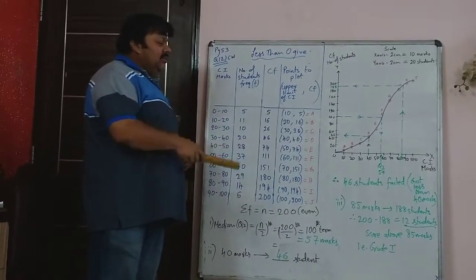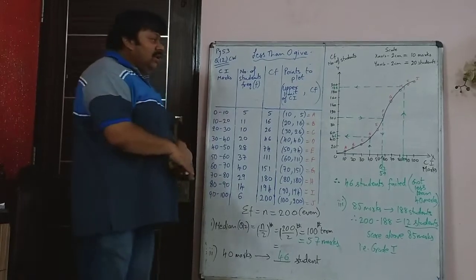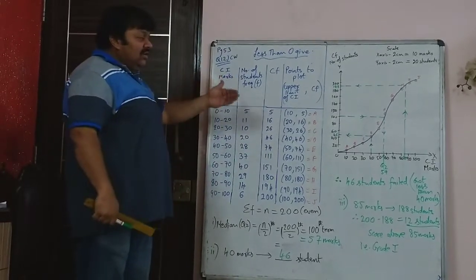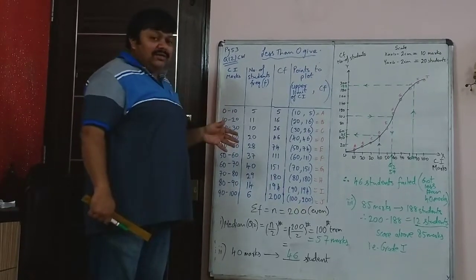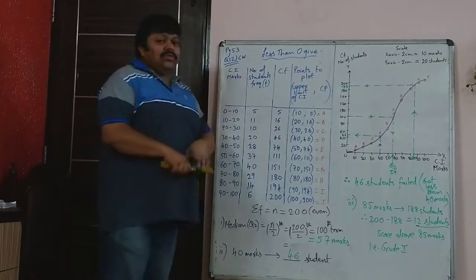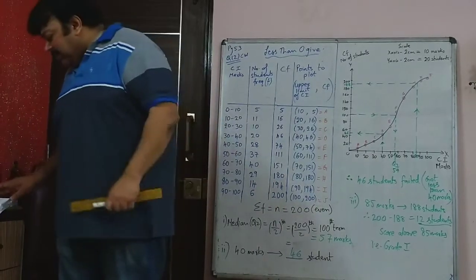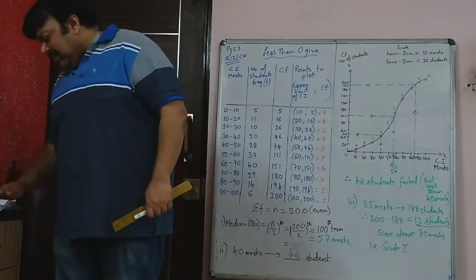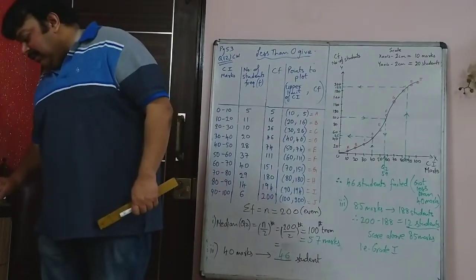Now the same sum, I will show you the graph, so that once you draw it, you can see whether the points that you have plotted are all right. So these two sums you do, and for homework, you can try one simple graph. I will give you a board question itself for homework which you can try.